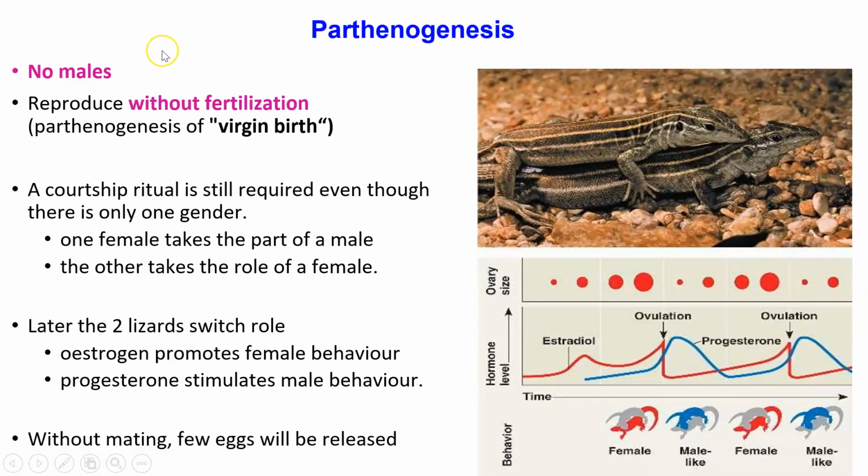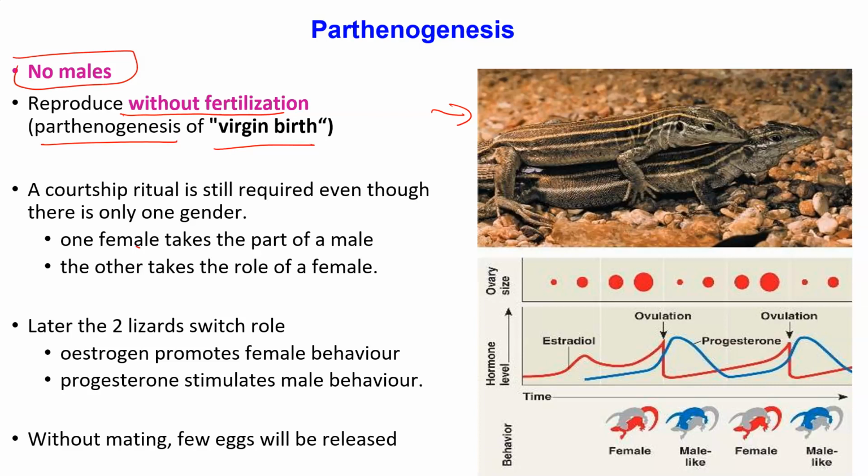Okay, so another situation of parthenogenesis you can see in a population of these lizards. These lizards practice virgin birth, parthenogenesis. In this lizard population, there will be no males. When there's no male, obviously there will be no fertilization. So how does the individual or offspring get produced? Through virgin birth, where